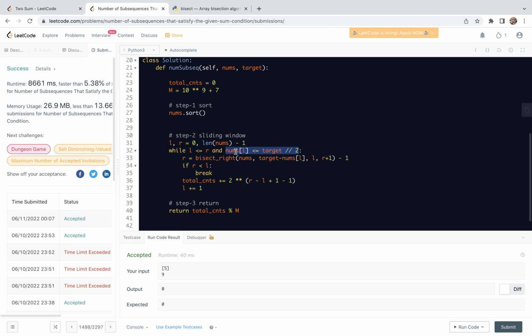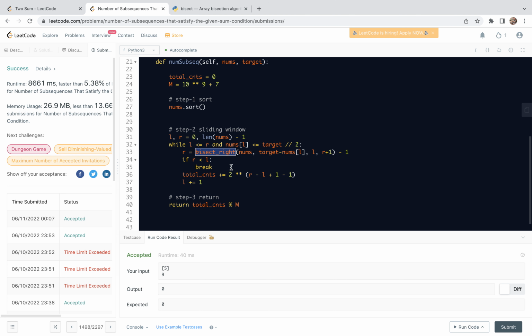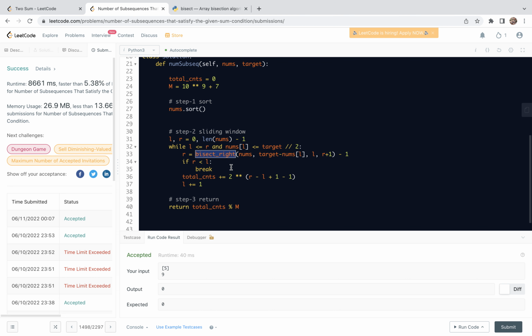But in that case, if nums[L] is very large, we check more cases that are not necessary. Here we also invoke the binary search module for accelerating a little bit. Sometimes we can also just directly move the pointer in a linear fashion from right to left, but sometimes it will not pass the